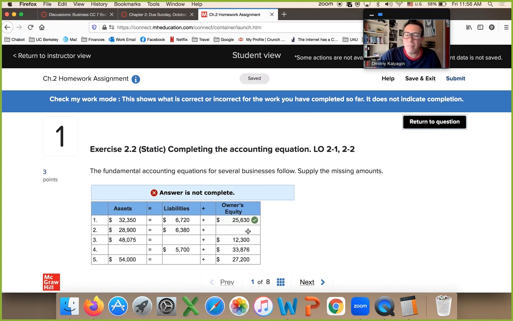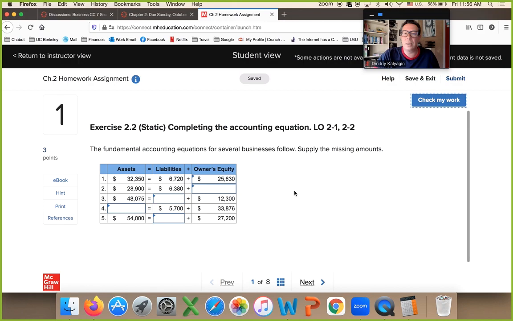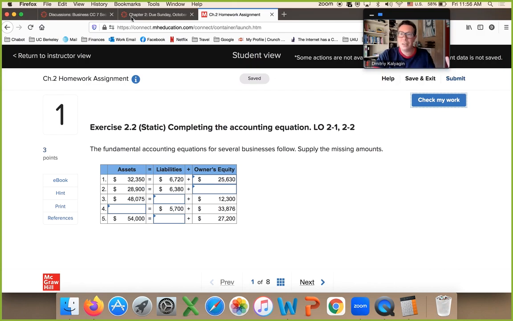Now, I left other answers blank. It does not mark them as incorrect, right? So for the system to mark it green or red, you have to enter something. Now, you're missing the amount in number 2 right here, and it tells you it's incomplete, but it doesn't tell you it's wrong, because you have to enter something in the field. So you have check my work, you have hints, you have discussion boards to ask me questions, you have tutoring for free, so it's on you. All resources are there. No excuses.